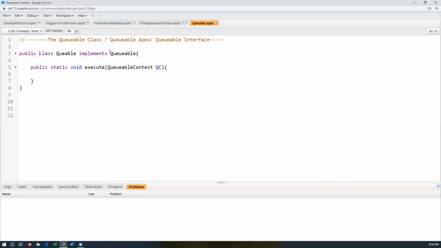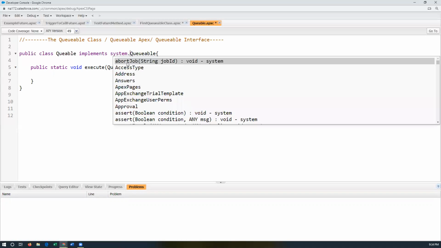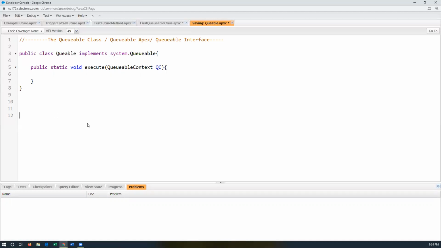Another way you can write your queueable class is to just add system dot. Correct? So both ways are correct. Now, as you write, implement System.Queueable or simply Queueable. To execute this context,